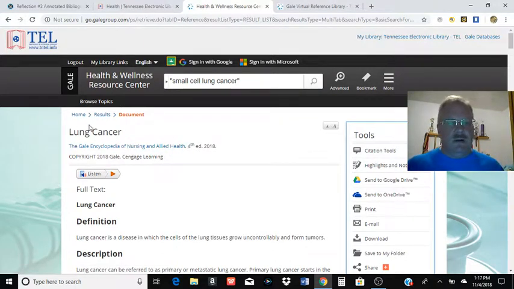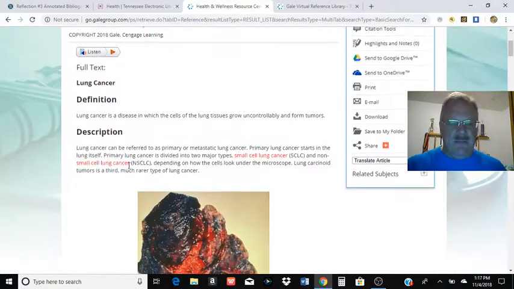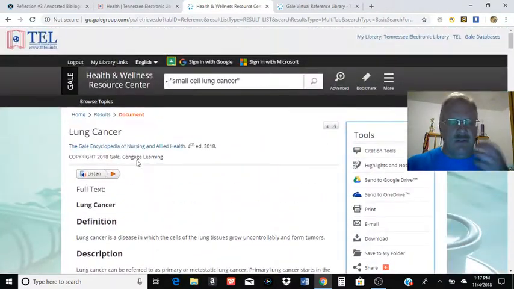Again, this takes a little work. Sometimes these databases pop up wonderful sources. This one on lung cancer is pretty good. Quit showing that picture. If you have trouble finding sources, if you have a very, very rare disease, sometimes the databases won't have much information on it. But kind of depends. Don't let that limit you.